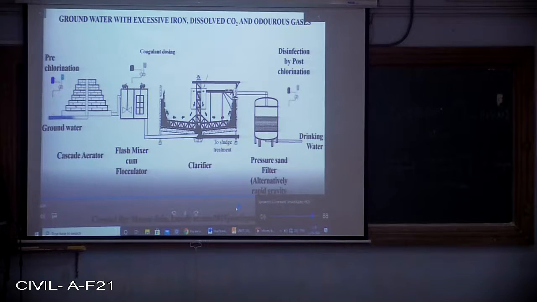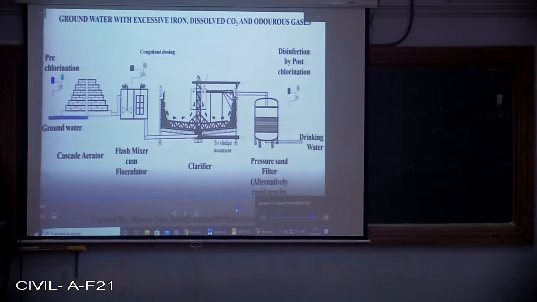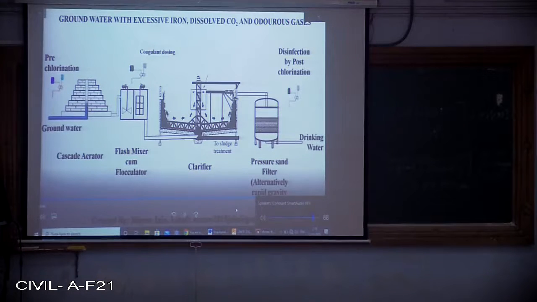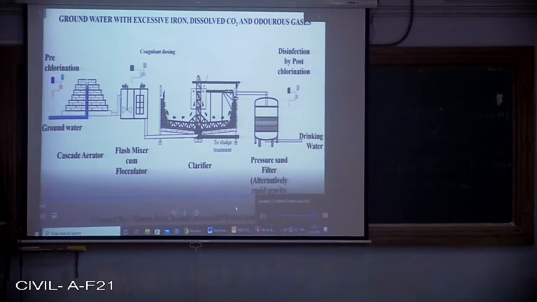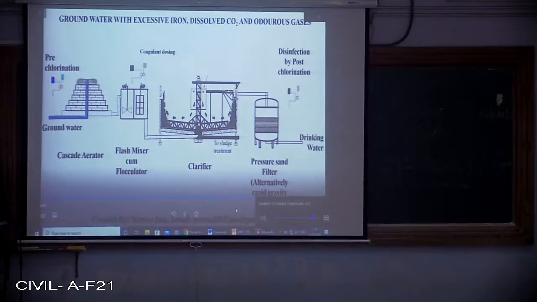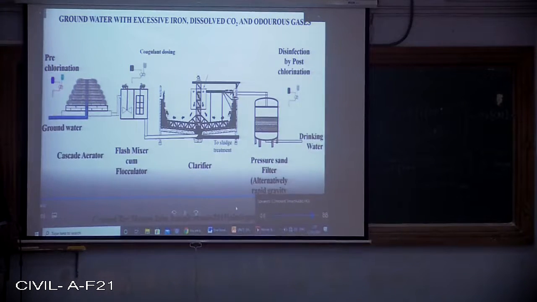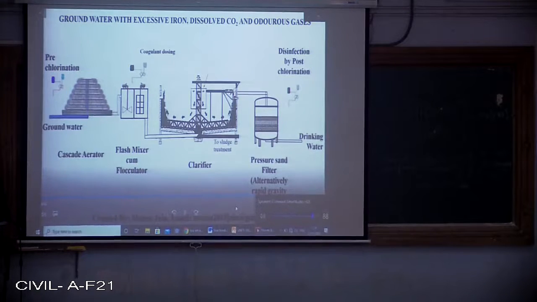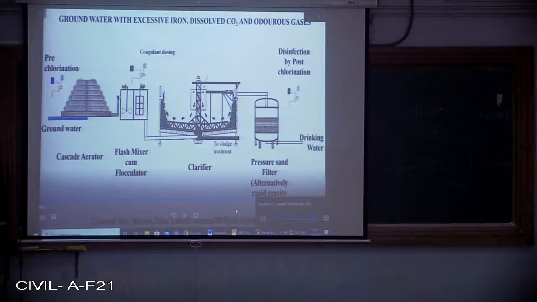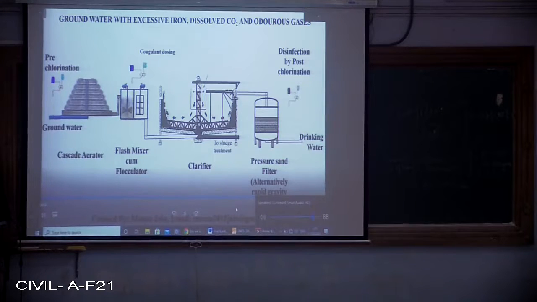Where groundwater contains excessive iron, dissolved carbon dioxide and odorous gases, the process flow scheme will be aeration by either a cascade aerator or any other aeration device for removal of odor and dissolved gases, followed by a flash mixer cum flocculation unit with rapid and slow mixing device,